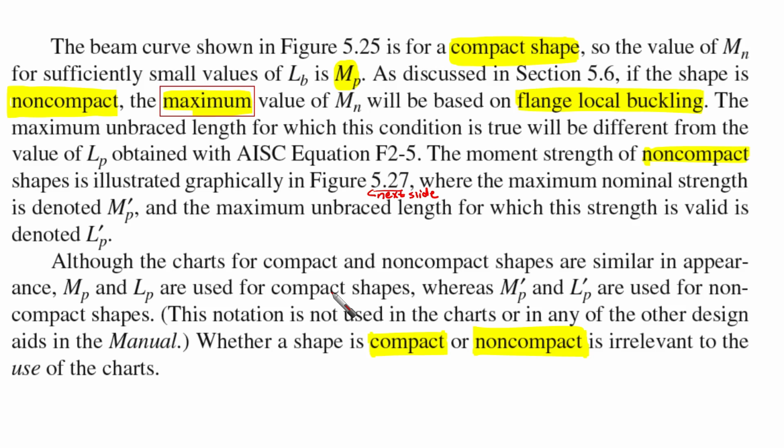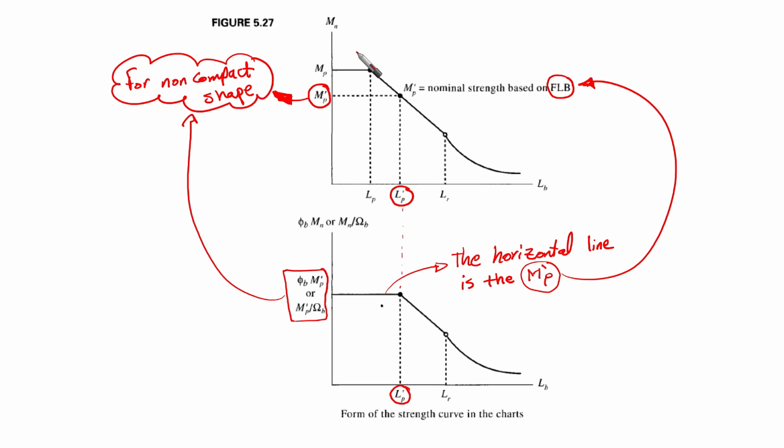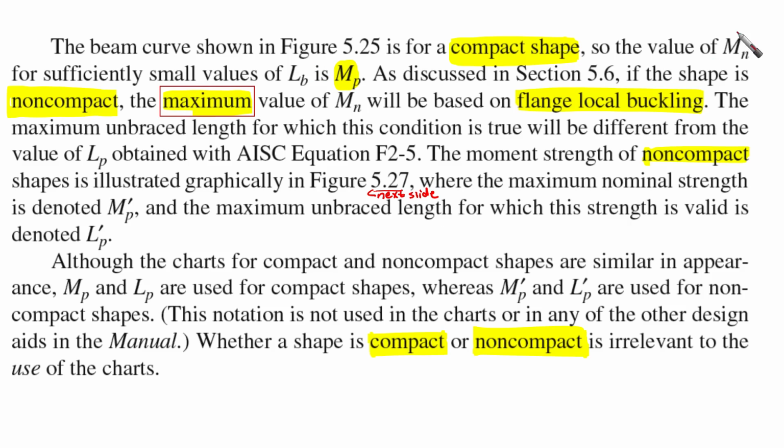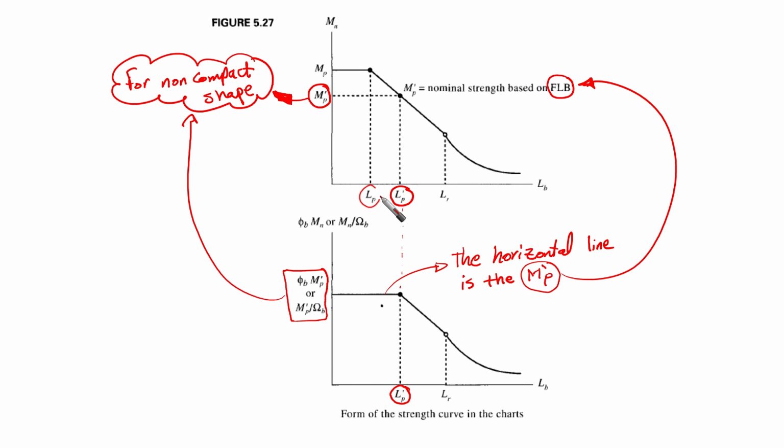The beam curve shown in the figure that we have mentioned before is something that is important for us. For this one, for example, it was for compact shape. As we said, this is MP. It is for compact shape. So the value of Mn for sufficiently small values of LB is MP. And this is what I have said here. For unbraced length less than LP, we are going to experience MP, which is the plastic moment. However, if we have non-compact,